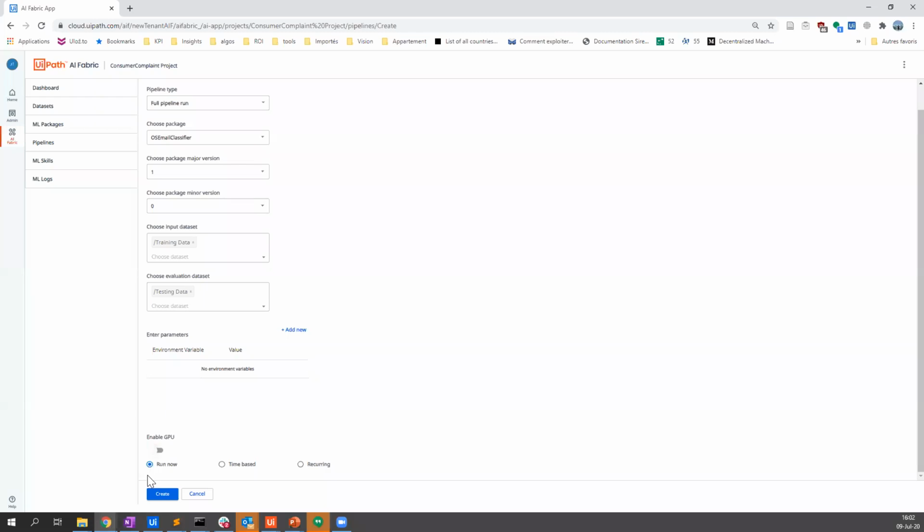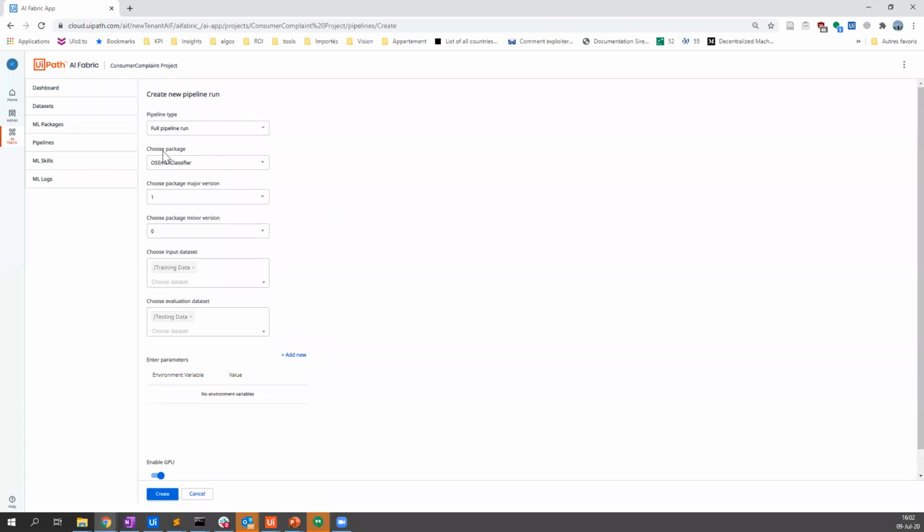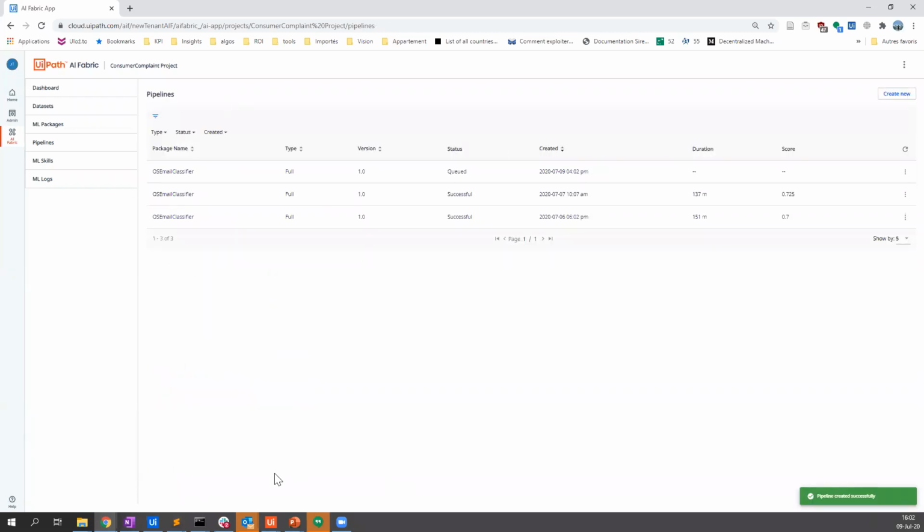Again, you can use the GPU or not for training, and usually for training, it can be a good thing to use it, especially as it is the case here. We have a neural network model. We'll come back to that later, but it can be a good thing to enable GPU for this one. Okay, and now the model is queued. It will build the image, and once it's ready, it will start automatically. We don't need to do anything, and actually it's ready very fast because I already ran similar training. So now it's running. It's going to train for some time. As you can see, it takes about 2 hours. So I'm not sure we'll see the output of this one, but you get the concept.